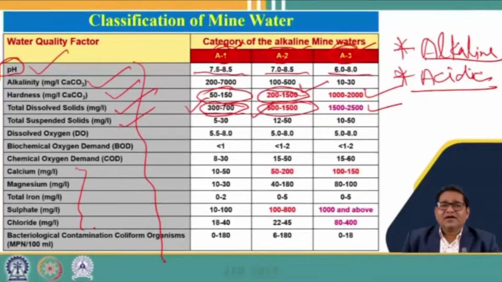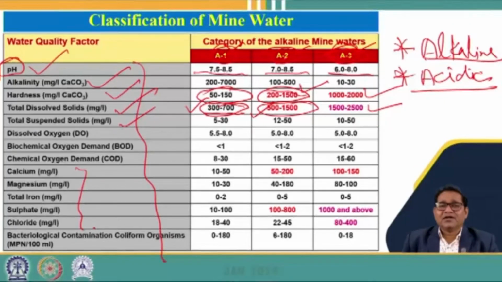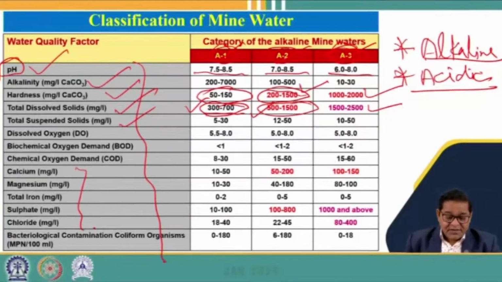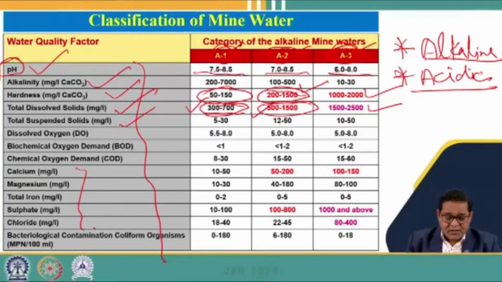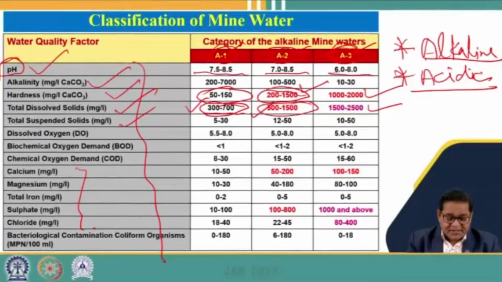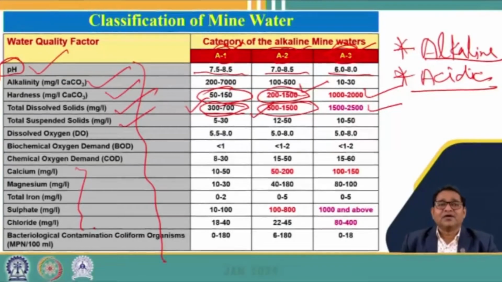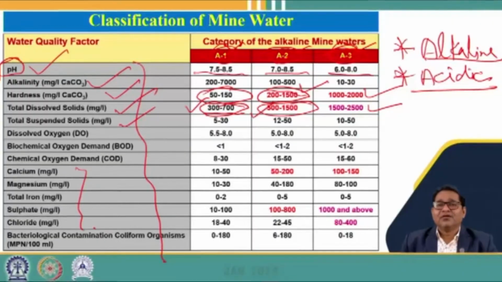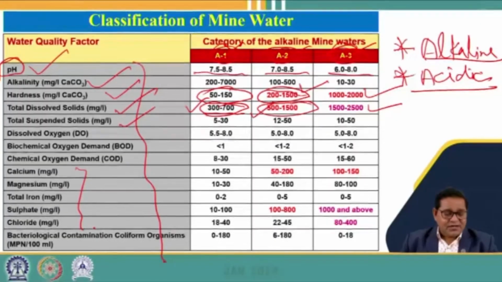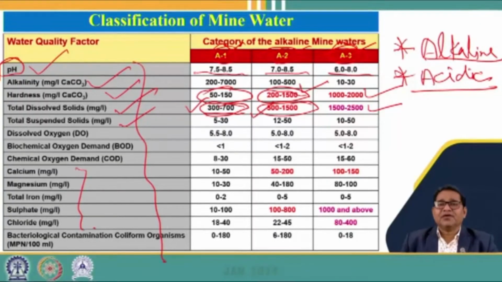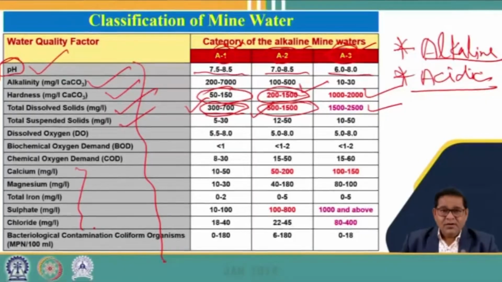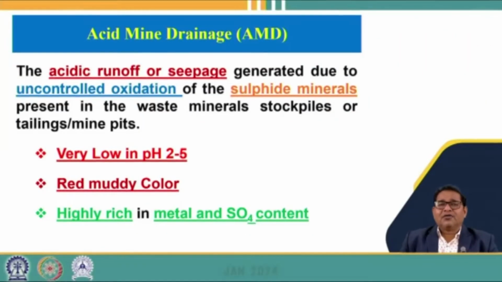So these are the different categories of mine water that is generated. Similarly, if we see the other parameters like magnesium, total iron, sulfate, chloride, these are basically the major contaminants. They are found in the alkaline mine water which is generated from mining operation. So let us talk about another waste stream, that is acidic mine water, that we also say is